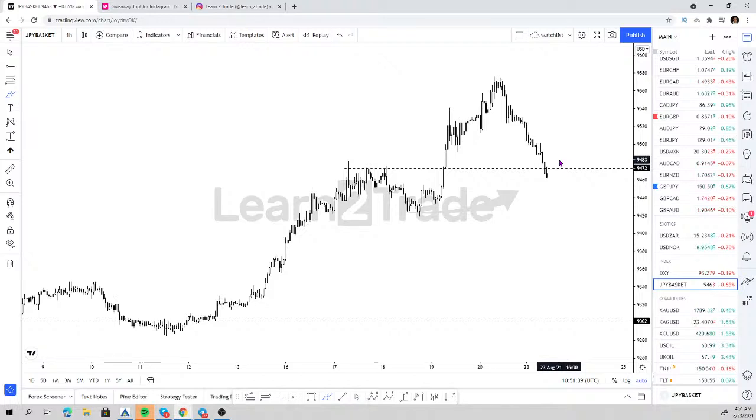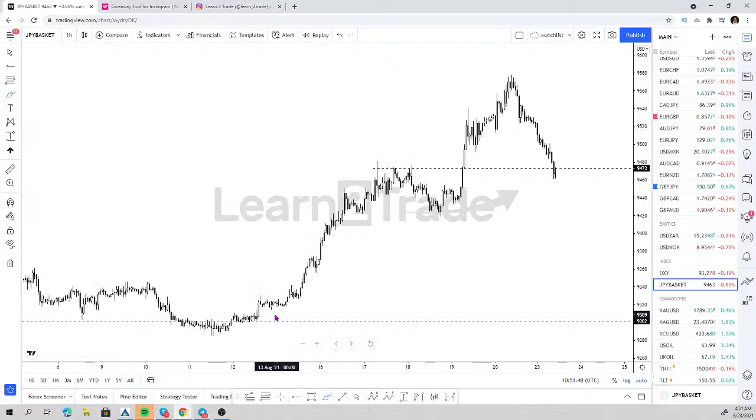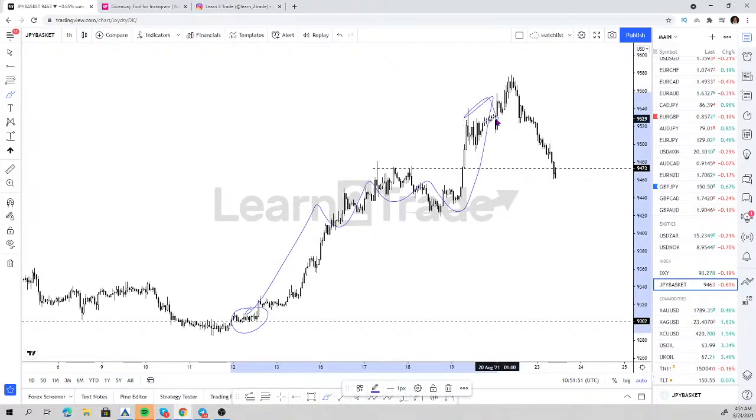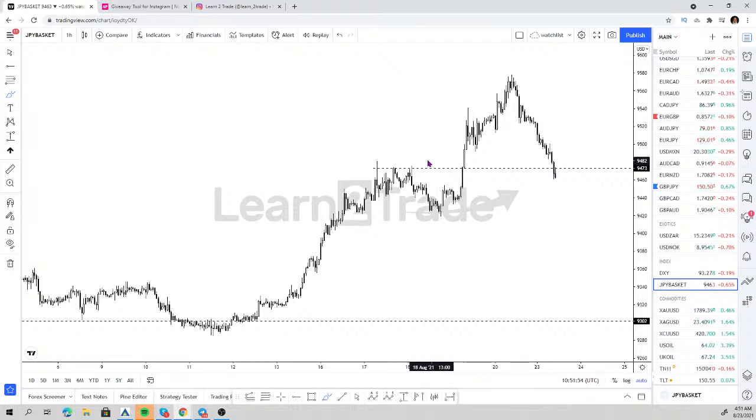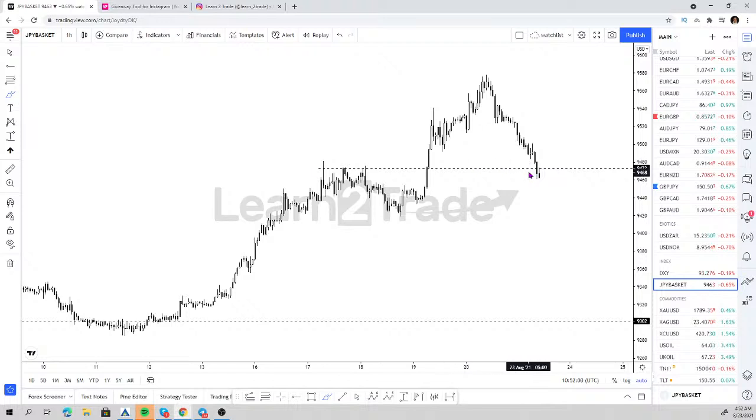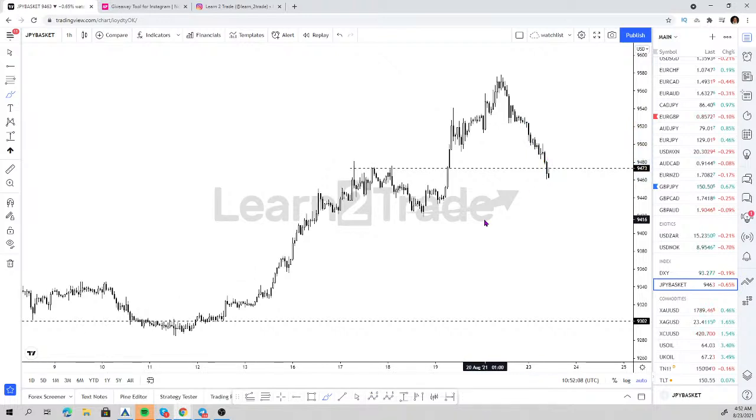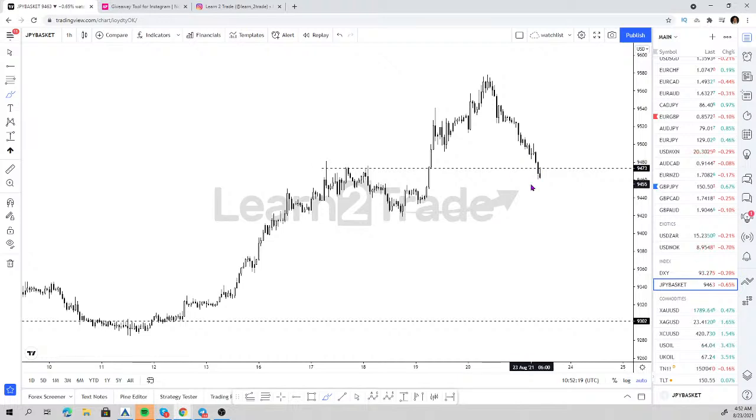This is FXCM's Japanese yen basket, which is basically the same thing as the DXY, but for the Japanese yen. So we've had a very, very bullish move on the Japanese yen, and today we were retesting the previous broken highs, which was kind of bullish, but I really didn't see any rejection candle on the hourly, 4-hour, etc. So my longs on the Japanese yen are voided, and I'm staying away from the Japanese yen for today at least.